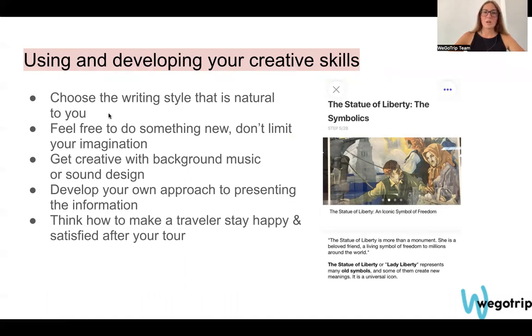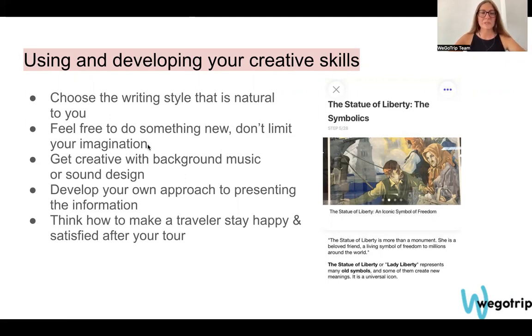It can be more comic, it can be more formal, it can be anything you wish. You can also do something new. Think of ideas that no one applied before. You shouldn't limit your imagination,